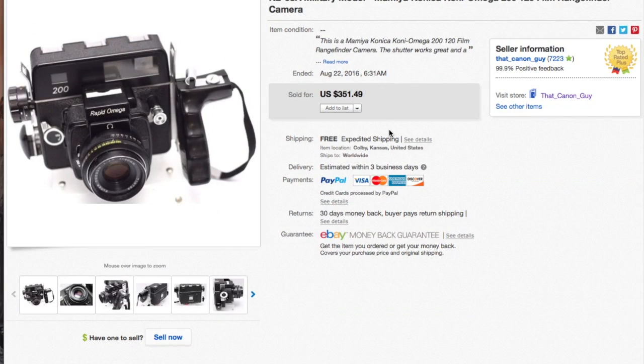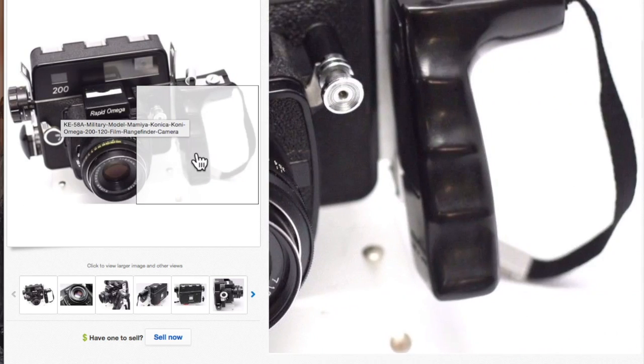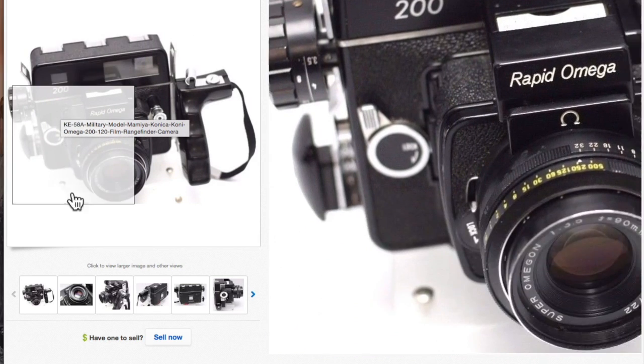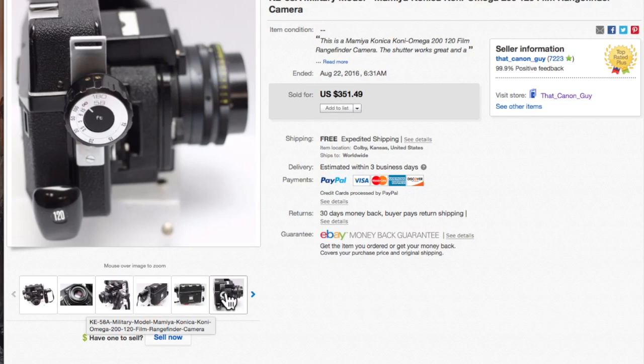This is a KE58A military model Mamiya Konica Koni Omega 200. We have had a few of these in the past. Generally, they're in really bad condition. This one was in really nice condition. We purchased this in Madison, Wisconsin from a camera store